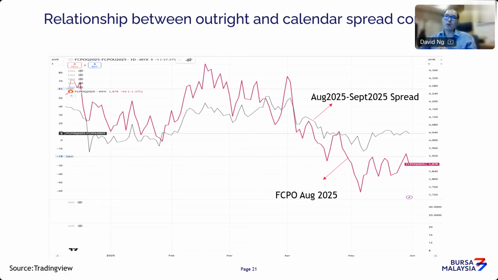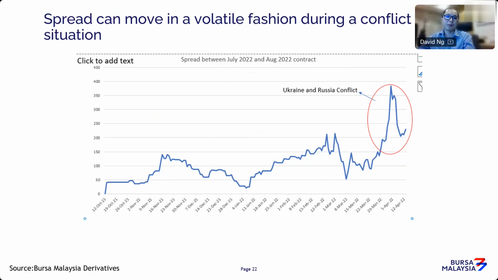Now, there are obviously occasions and instances where both markets move in inverse or in a different manner. You have outright contracts moving up, but sometimes your calendar spread doesn't move up. In fact, it does come down. So there are occasions like this. You can't really use the outright contract as a gauge to see where the calendar spread is going to head. So it's important to also look at other parameters, especially technical parameters for the calendar spread contract itself.